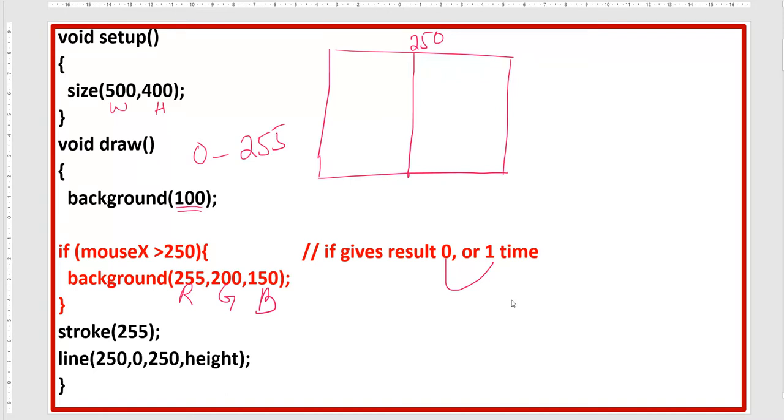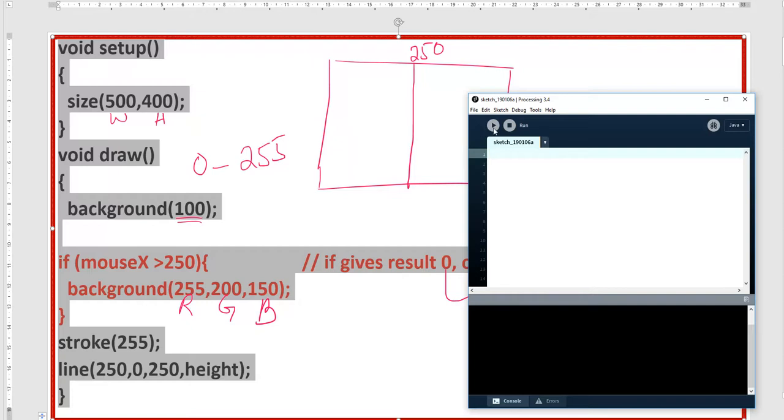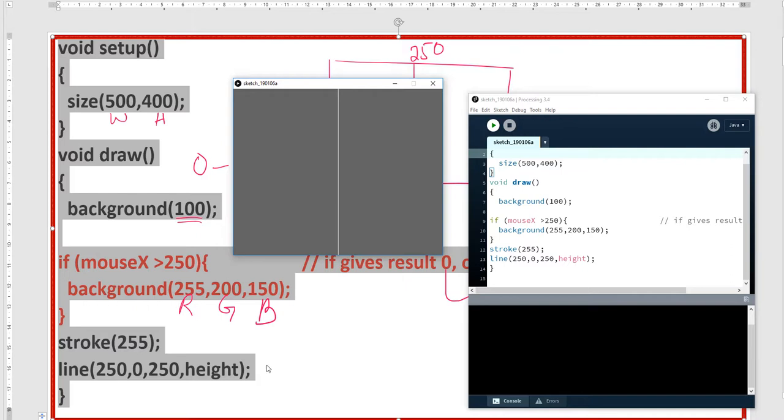So I will run this for you, and I said there should be one line on the canvas to show you the 250 pixels. We will paste this scenario here and run it. So what is my condition? If mouseX is greater than 250, see my mouse is here now, and this portion is less than 250.